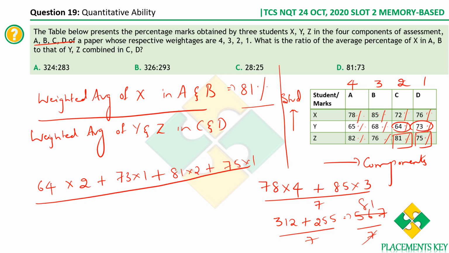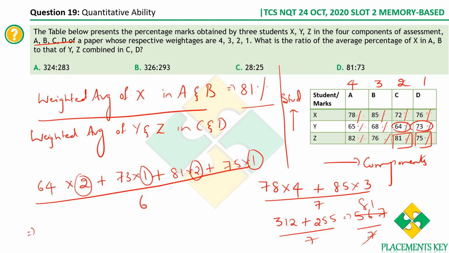See, we have counted the C's weightage. We've taken C twice, right? Yeah, the component C twice, once for Y and once for Z. Similarly, we have taken component D twice, once for Y, once for Z. So we'll have to add each of this twice. So effectively we are adding this, that's it. Okay, this the component weightage. So 2 plus 1 plus 2 plus 1, which is 2 plus 1 is 3, 2 plus 1 is 3, so you get 6. Okay, so this is what we are supposed to compute.